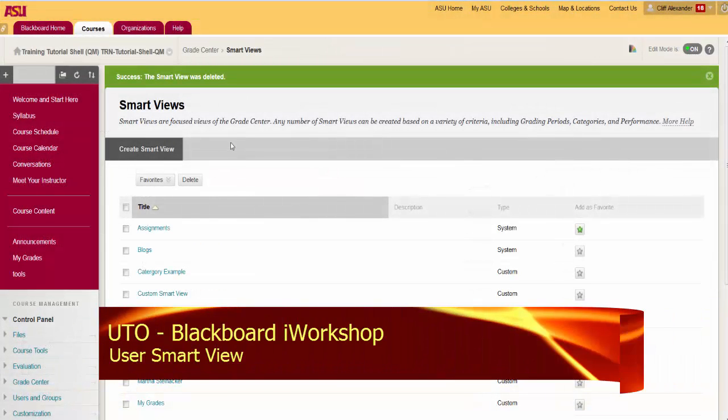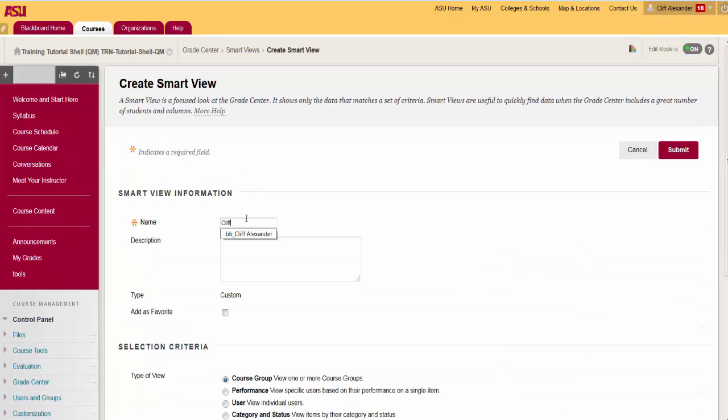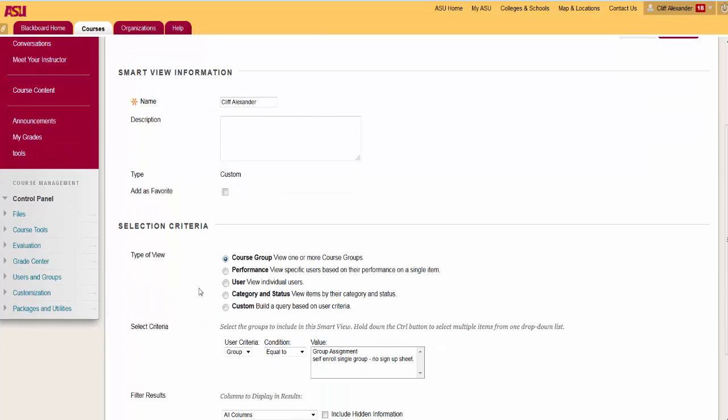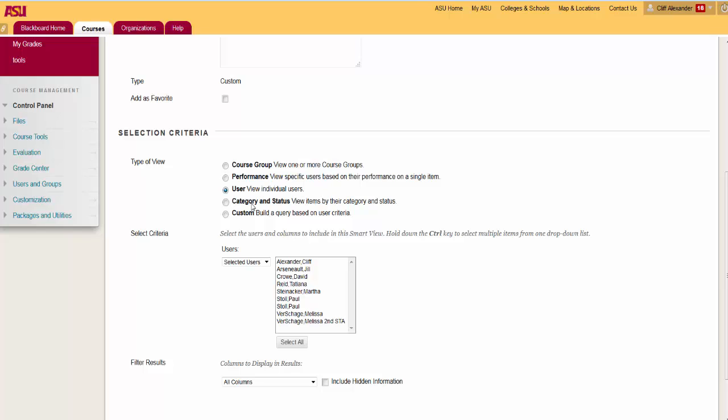User Smart View. User Smart View allows instructors to view individual students' grades. If a student wishes to review their grades with you, you can quickly add a Smart View for that student so he or she can see their grades without seeing other students' grades. What you do is click on Create Smart View, enter that student's name, scroll down, click on User for View Individual Users, select that student,